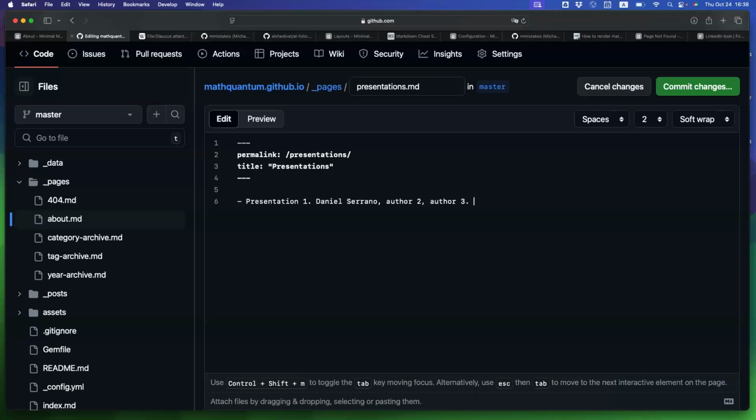And I presented this at the Biosciences Day 2024, UMD College Park, something like that, right? Let's kind of make up a presentation. And if you have a real one that you can quickly access, feel free to enter your real one. And let's go ahead, just as an example, presentation 2,